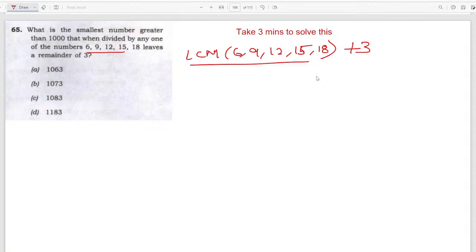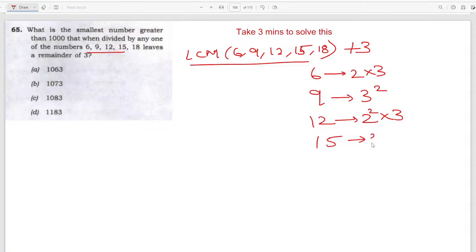So to find out the LCM, I'll just write these numbers in prime factors form. 6 can be written as 2 into 3, 9 can be written as 3 square, 12 can be written as 2 square into 3, 15 can be written as 3 into 5, and 18 can be written as 2 into 3 square. So the LCM will be